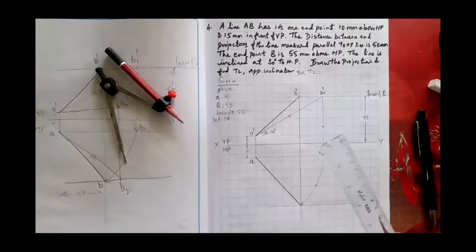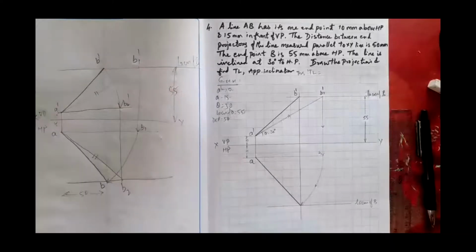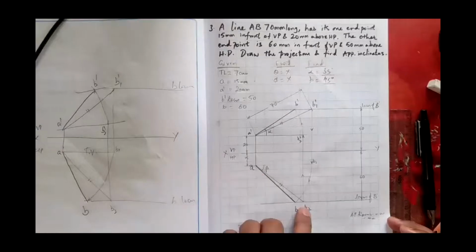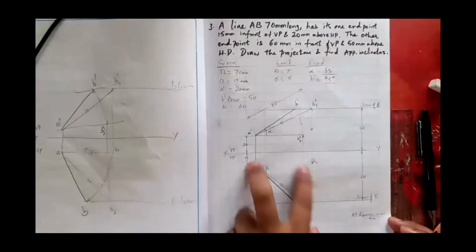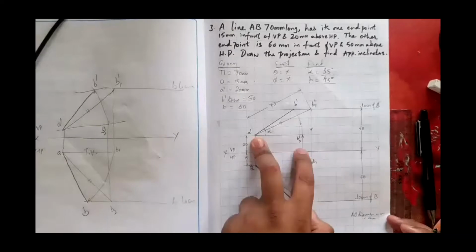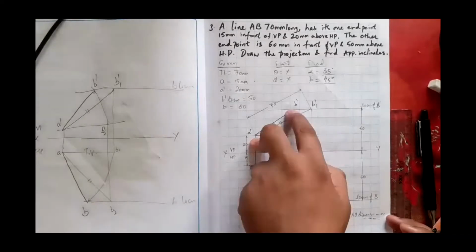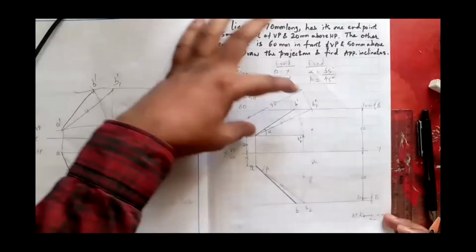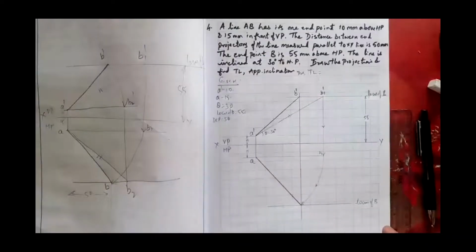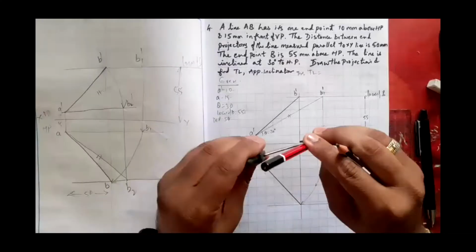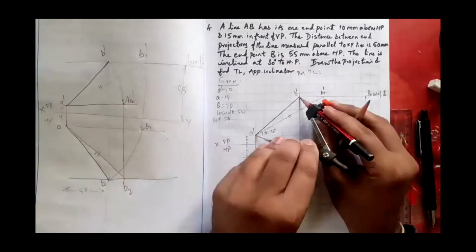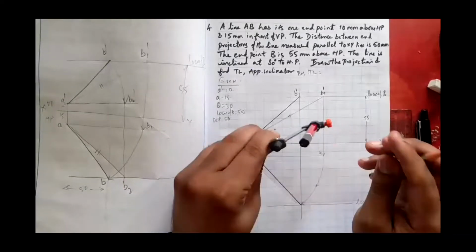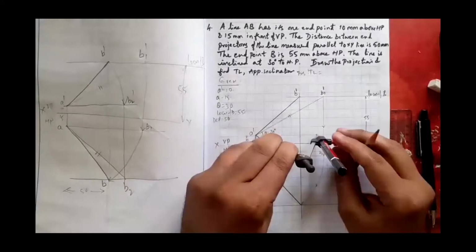Now, reverse condition. See here in the previous problem, true length was projected towards vertical plane and then this A dash B2 dash was rotated to B dash. Now I already know B dash. I'll rotate A dash B dash to B2 dash. Here A dash B dash, I'm going to rotate it back. Whatever rotations you do, you have to mention it with an arrow mark. See, I am mentioning it with an arrow mark.